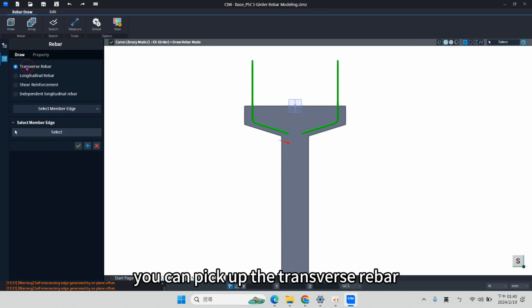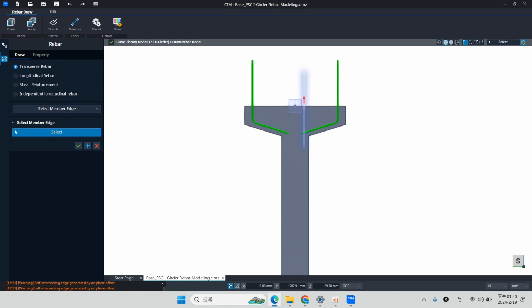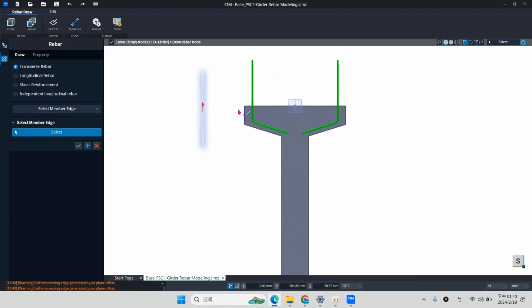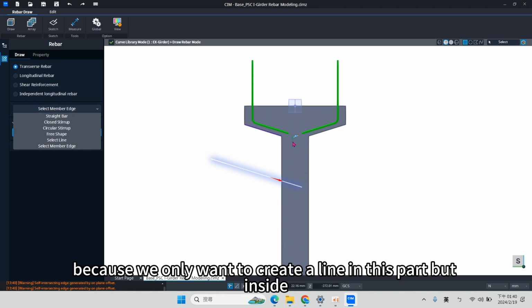Okay, as you can see, you can click on the transfer rebar again, select member, select on the edge. Okay, and then you can just click on the side wall of the flange. You can click on the not select member edge, as you know. Why? Because we only have one line, so we don't adhere with any shape because we only want to create a line in this part in the inside.